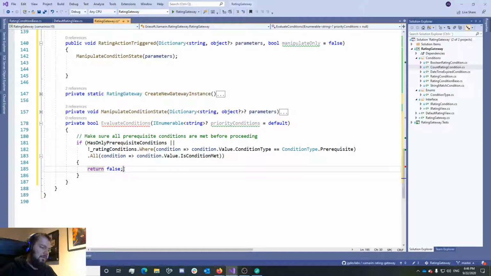So I have thought about, should I throw an exception in this case, so that the developer knows, okay, this is wrong, and it will always evaluate to false. I might do that, but